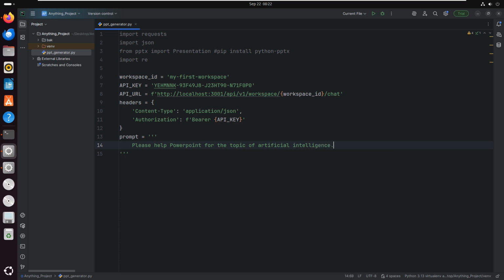Okay, and the format should be JSON. You can follow the examples below. Okay, examples. For example, this should be the square brackets. Sorry. This is a list, and in the list there will be multiple dictionaries. For example, like title, and so title, the title of the first slide. Okay,